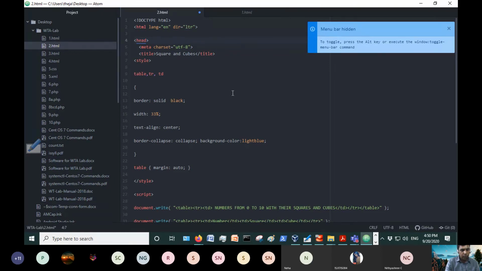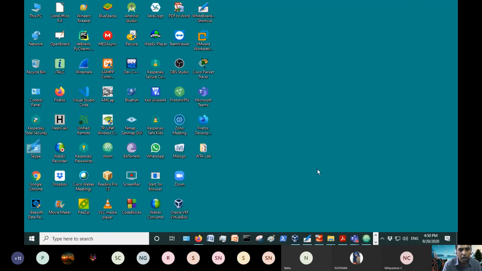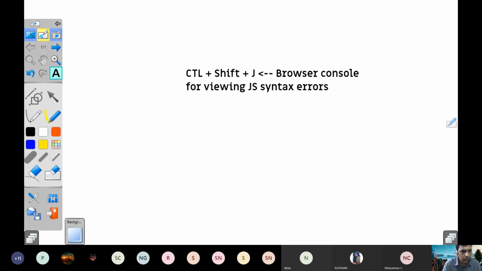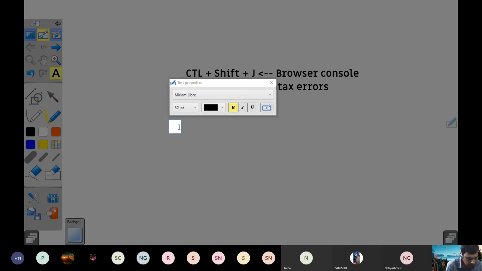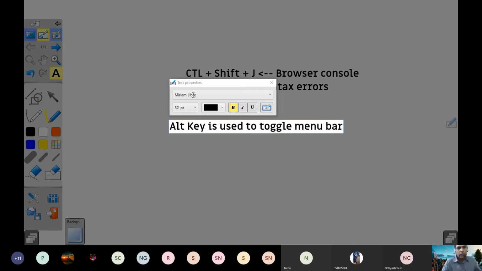The only thing you need to do is press the Alt key. You can toggle it, so you can bring it back, hide it, or bring it back again. The Alt key is actually used to do that.